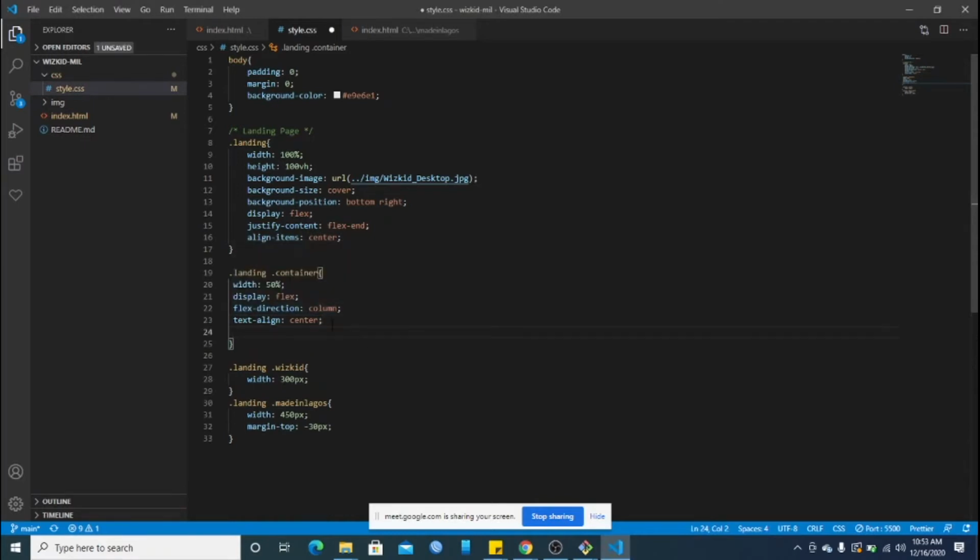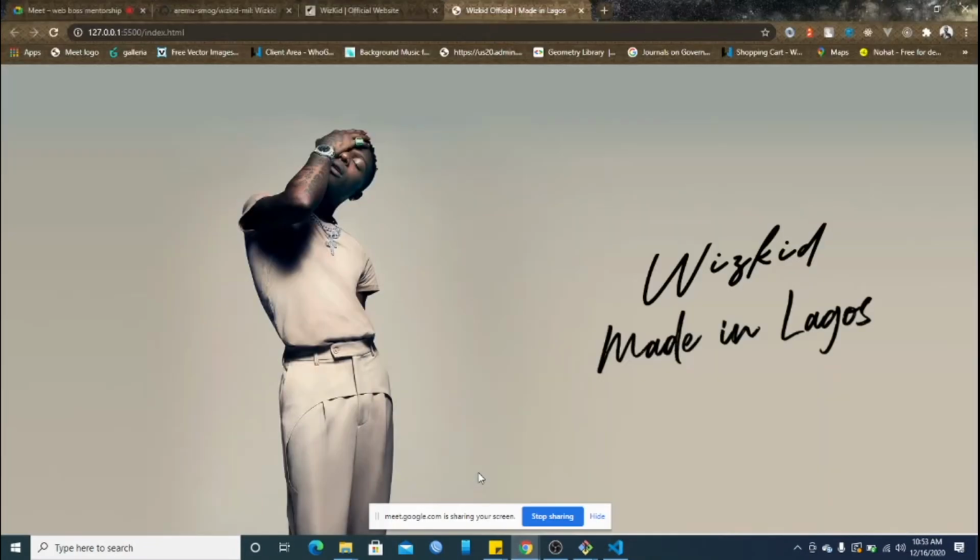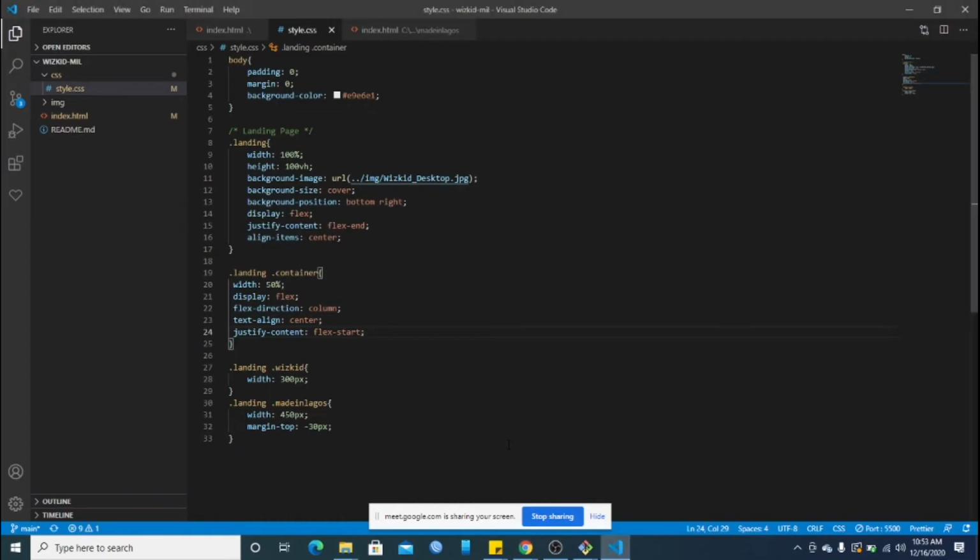Then I would say justify content flex start. Okay, that's not having any impact. Hold on. So okay, we said this should be flex end. We said the width should be